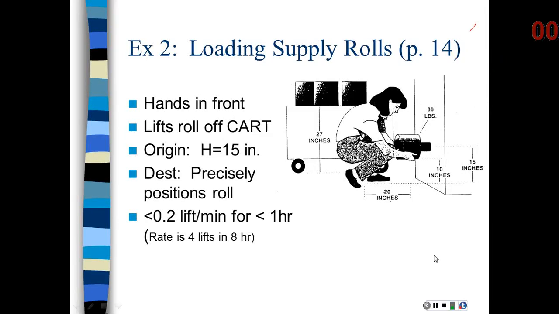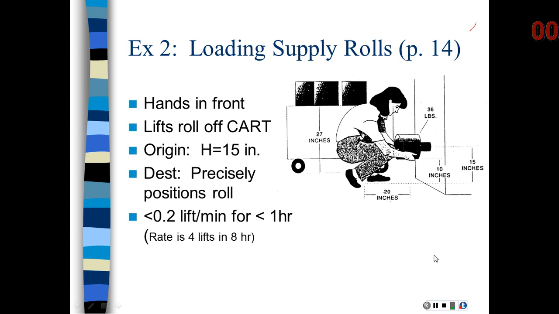For example 2, using the NIOSH lifting equation on a particular task, I'm going to refer you to pages 94 and 95 in your workbook. Page 94 gives you a job description. Go ahead and take a minute to read the job description. Okay, so now that you've read it, essentially you see that an employee is lifting a